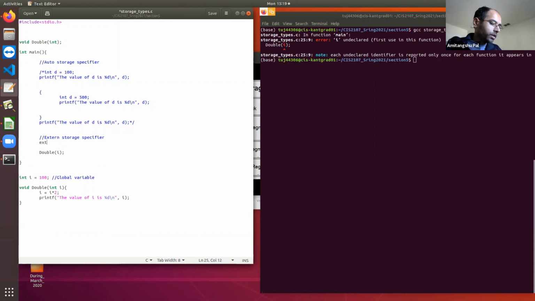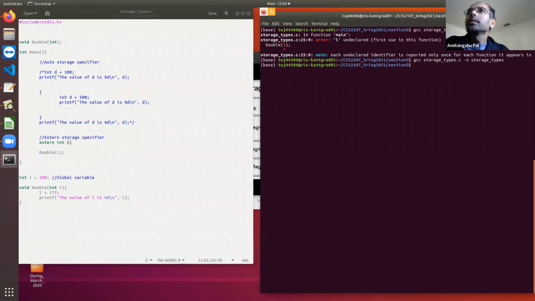If you write extern, it shows in green, which means it's a valid keyword. So you just write extern int i. That means it is telling the compiler that i is declared in a global space somewhere, so do not consider this an error.